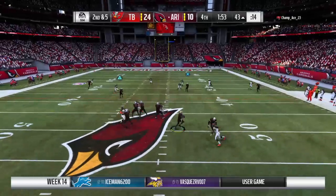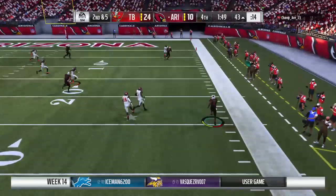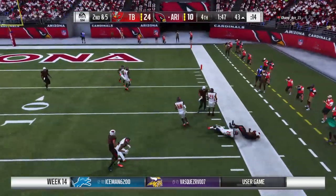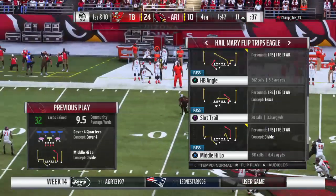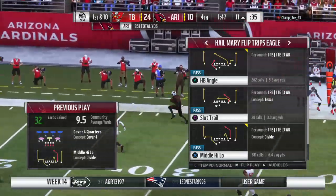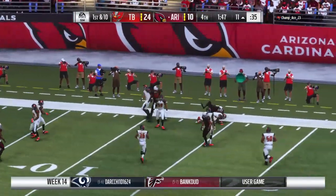From the gun, Chapman flushes to his right. There he goes, inside the 30. Big yardage there on the scramble. It gets him a first down. Late in the game, defense trying to avoid a big play. He's able to work out of the passing game, turn it into a run, pick up the first, and stop